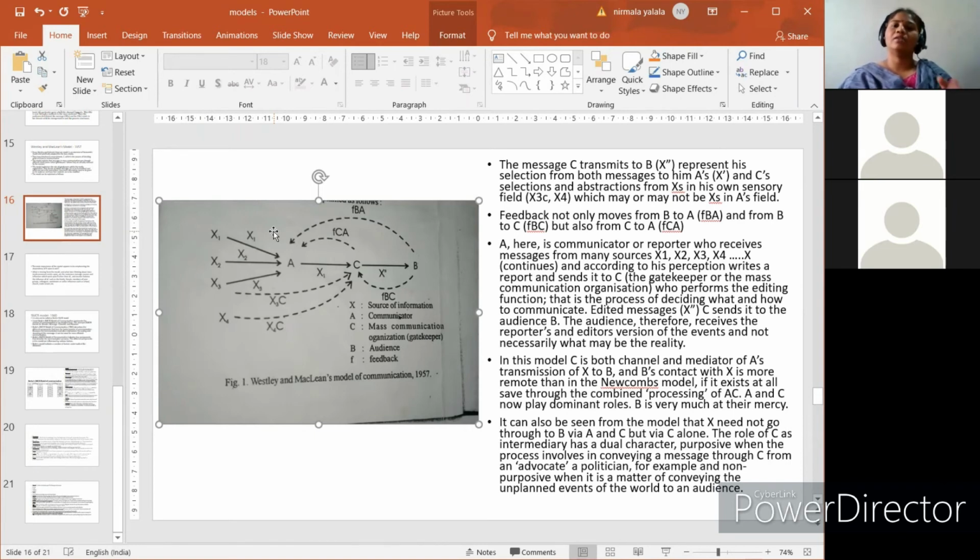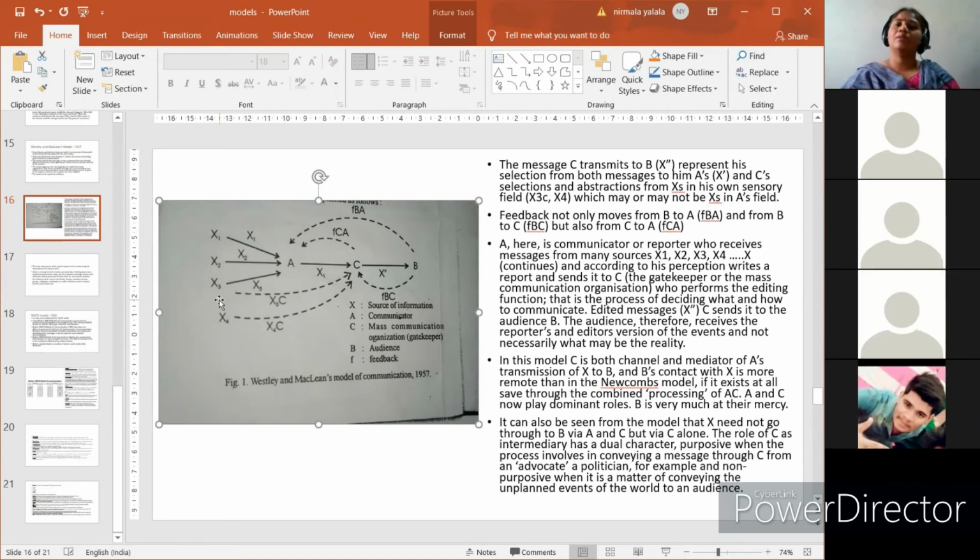Whatever A receives from the various sources about the issues, based on what he perceives, he is going to communicate something called X1, that is sometimes altered or changed, or it can be presented as it is by the C organization to the audience called B. Here the Westley and MacLean model first time introduced the